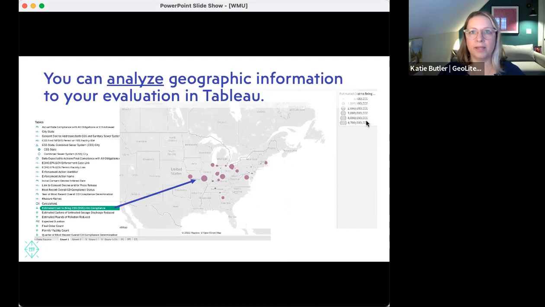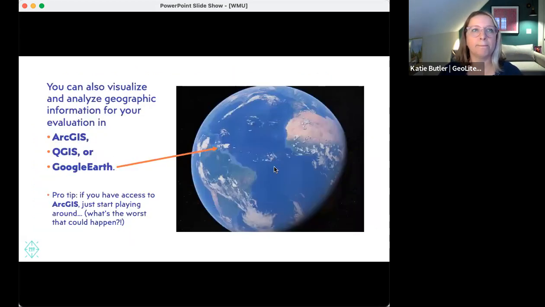Up here in the top right-hand corner is kind of the legend for what we're looking at in millions of dollars. So these are monstrous projects that take decades to complete, but you can start doing some of that analysis and presenting some of that information in a little bit of a different way here. You can create a calculated column in Tableau, as you all probably know if you use Tableau for other purposes, by multiplying columns together. So you can also do that and map those data as well.